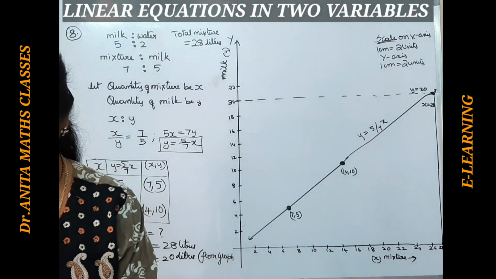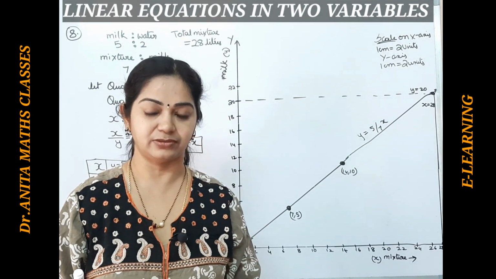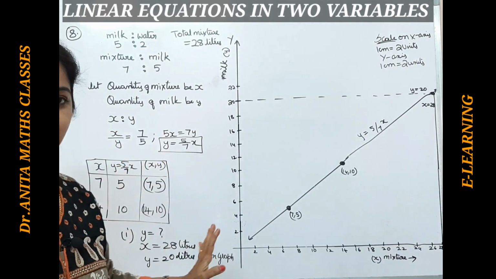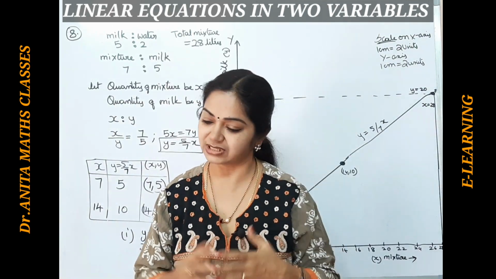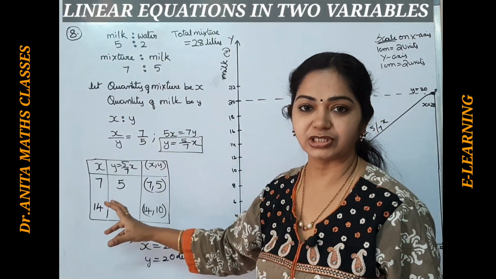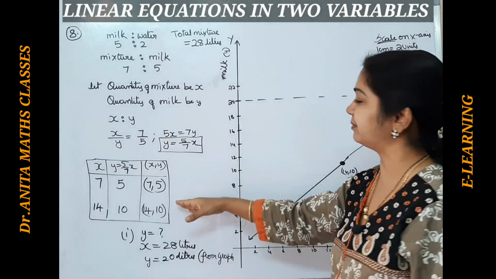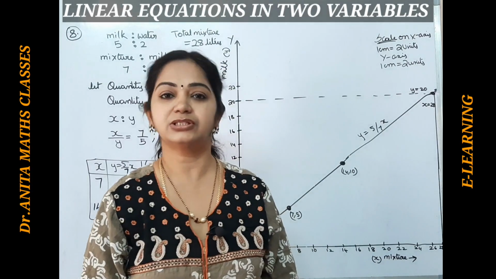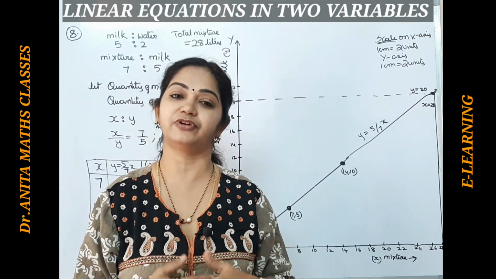Now I have done in exercise 6.4 all the problems from 1 to 8. Okay, I hope you have understood this complete exercise, and the last problem I am giving for you to practice because that is also in a similar way. We have to draw the linear equation. You have to draw the tabular column. From the tabular column draw a graph. From the graph you have to do the solutions. Okay, in the same way. So I have given you the last problem for your practice.